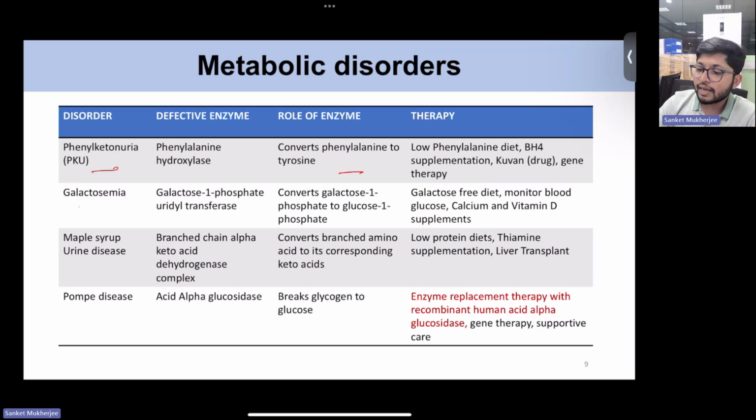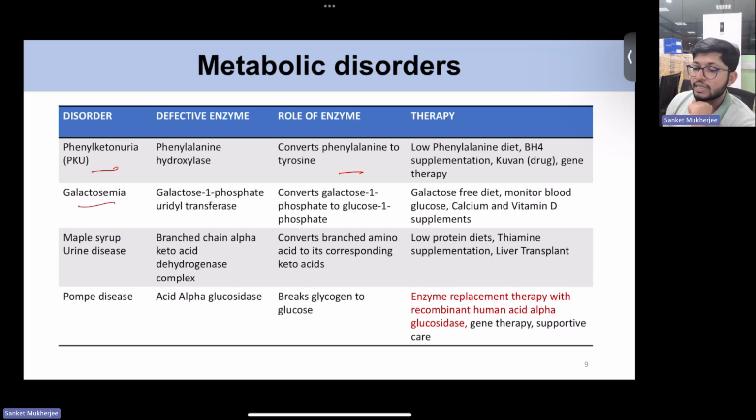Similarly, in case of galactosemia, the defective enzyme is galactose 1-phosphate uridyl transferase. It converts galactose 1-phosphate to glucose 1-phosphate, right? And for therapy, there is a galactose-free diet, monitoring blood glucose, calcium, and vitamin D supplements. Then there is maple syrup urine disease, which